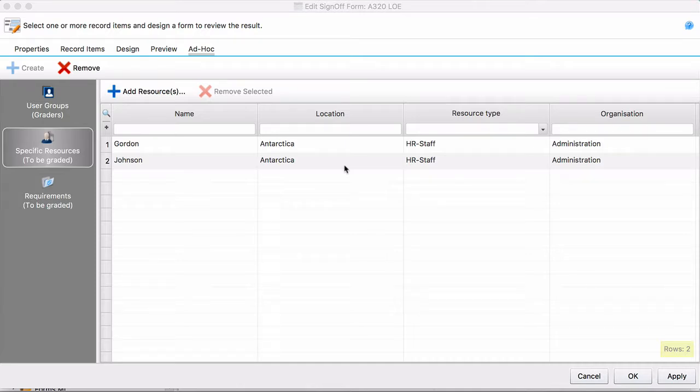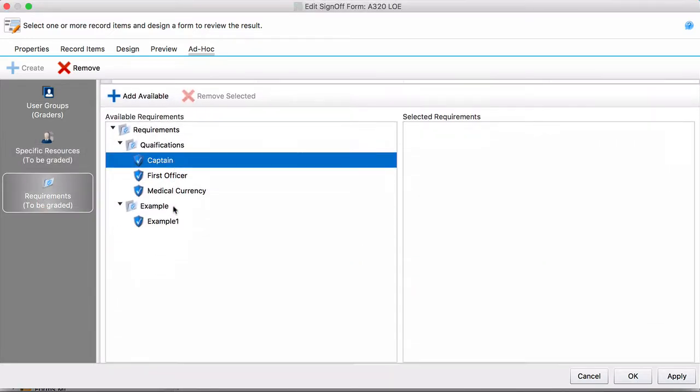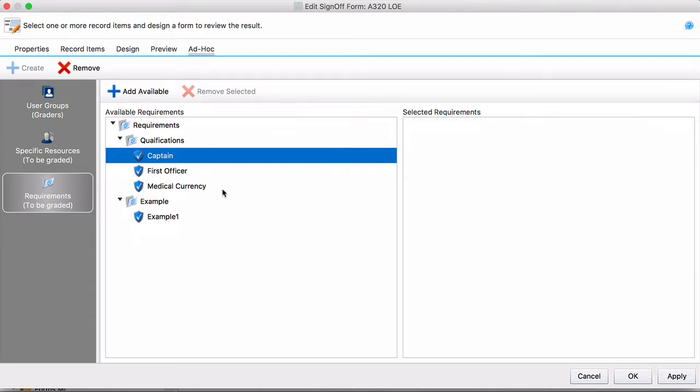Now, there is a way that instead of selecting resources yourself manually, you can let the system do it, and that's done through requirements. Requirements are based on constraints of location, organization, and record items. For example, you could say that you want the specific resources graded that have the requirement of being a captain or being located in Antarctica. We're going to select Captain and then Add Available, just like we did for the user groups, and now it shows up over here. Since we're happy with our Ad-Hoc function assigning, we're going to press OK to save it